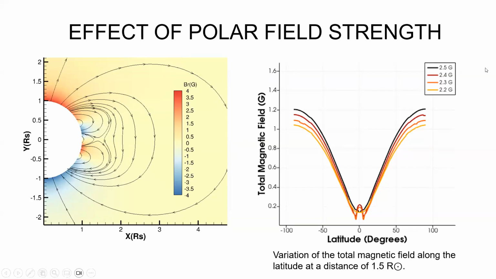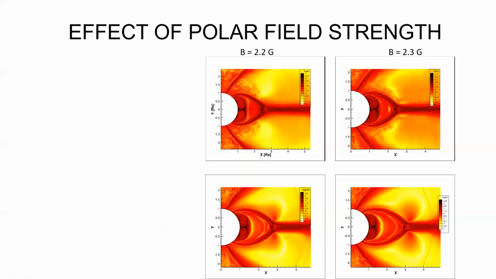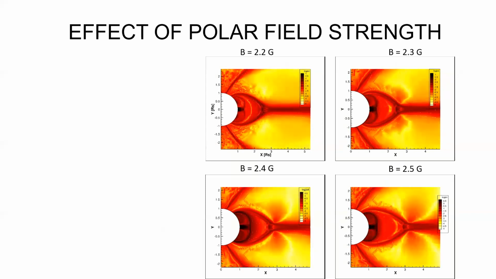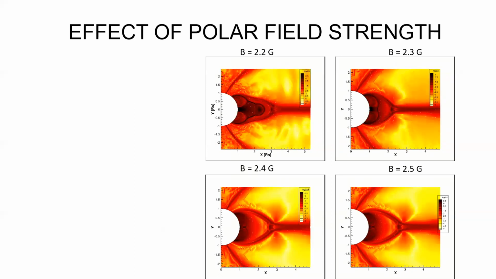So a slight change in the magnetic field can result in a different scenario. So we have changed this background magnetic field from 2.2 gauss to 2.5 gauss, and this is how it looks. When we have 2.2 gauss, we get the eruption, and as we increase the field strength to